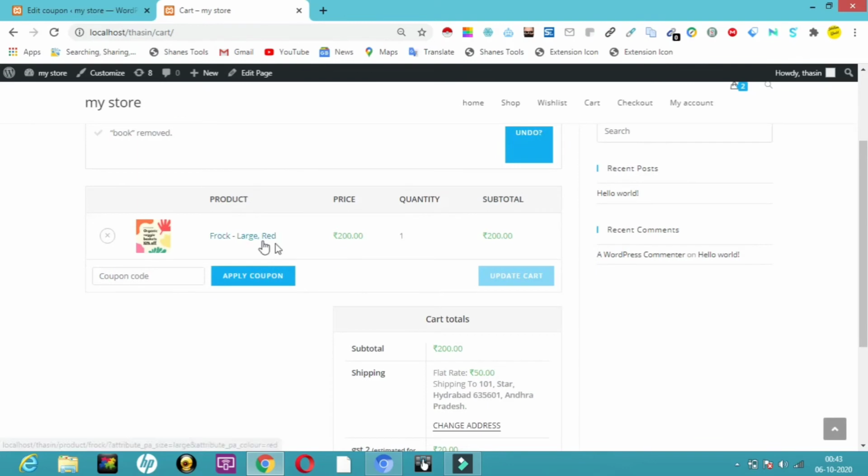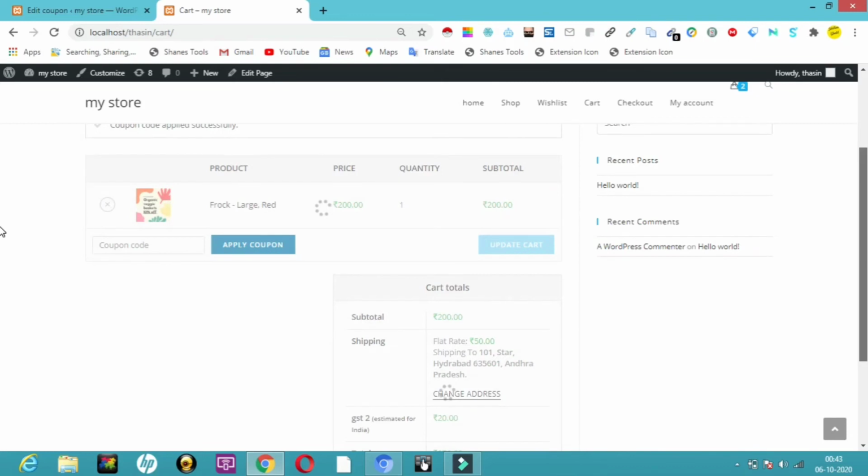This is the large red. It is asking for the coupon code, because the minimum price is 100 rupees. I have got it for 200 rupees, and this is the one on discount. So I'll type here festival and apply coupon. Let me see whether I get 10% discount.